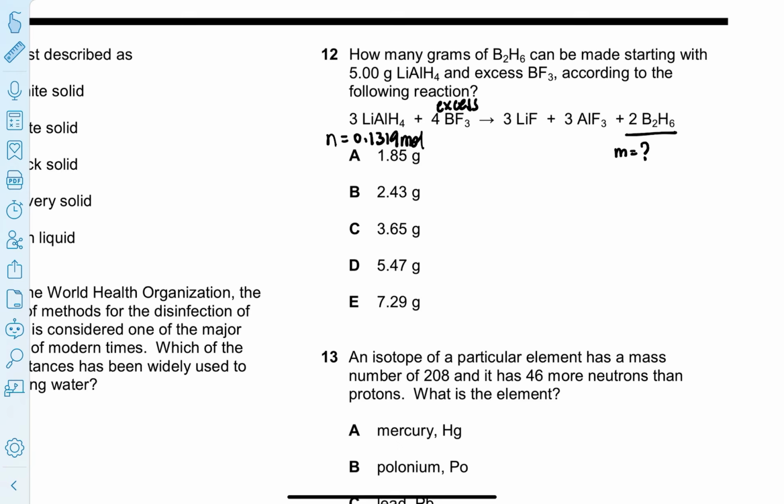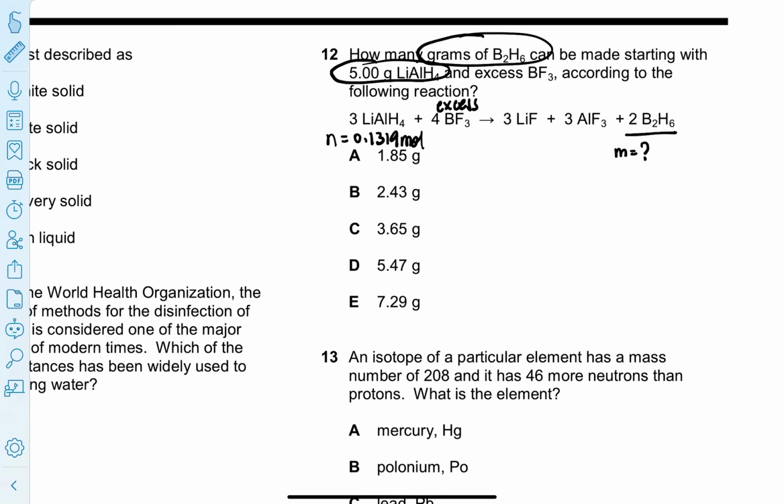Let's solve question 12 on this sample Avogadro contest. This is a classic stoichiometry mole ratio problem, a very foundational concept in chemistry. So we're given a balanced chemical equation and we're being asked to determine how many grams of B2H6, my product, can be made if I started with 5.00 grams of my reactant